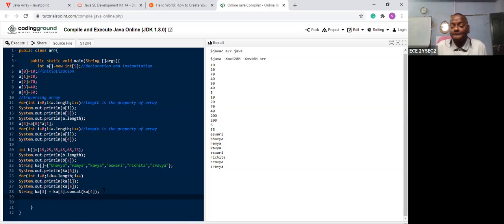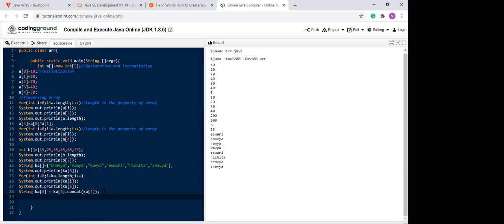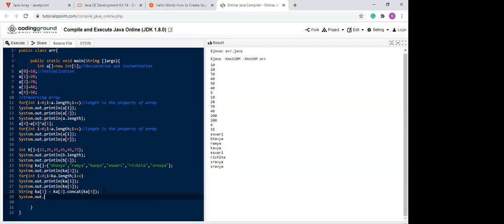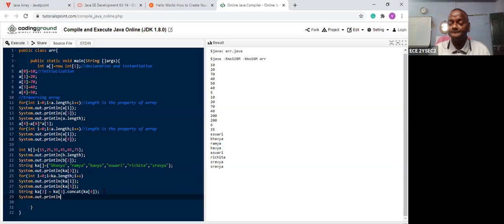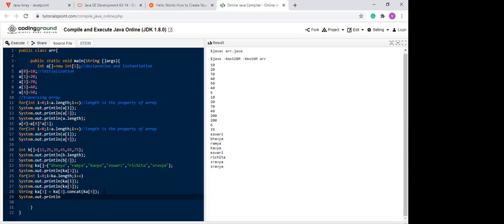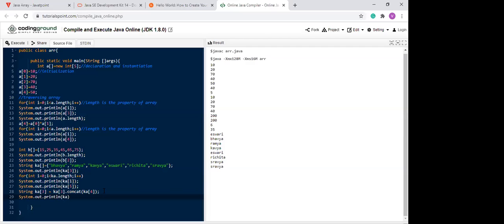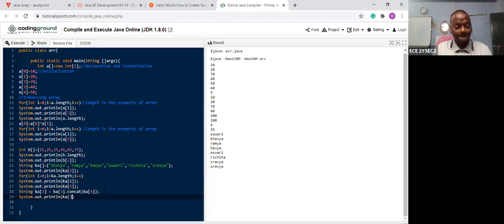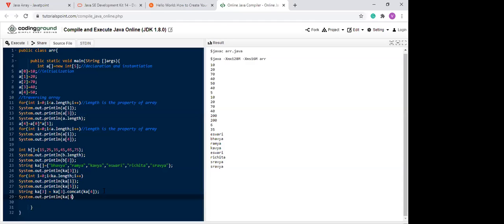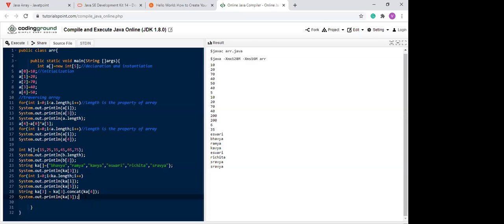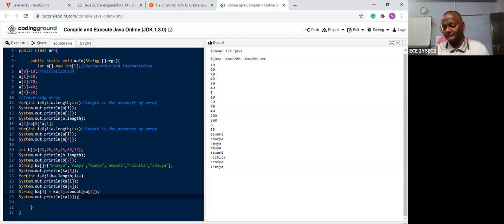Next, System dot out dot println, normal bracket, KA[3], close the bracket, semicolon.